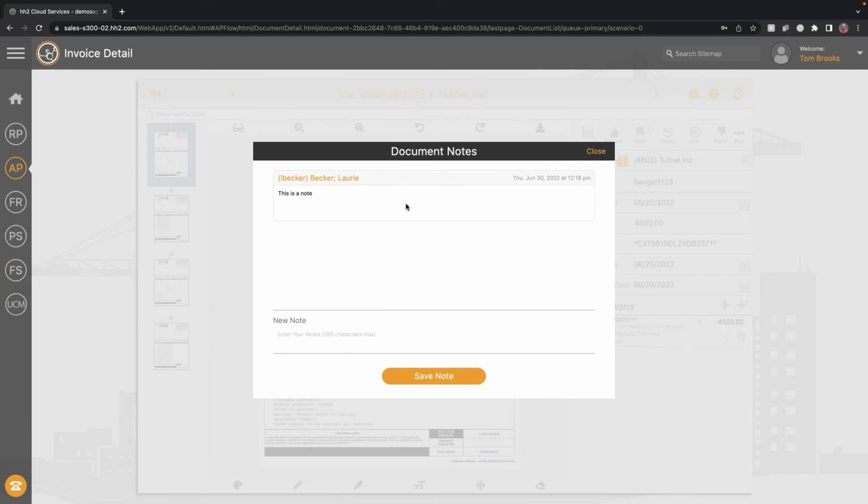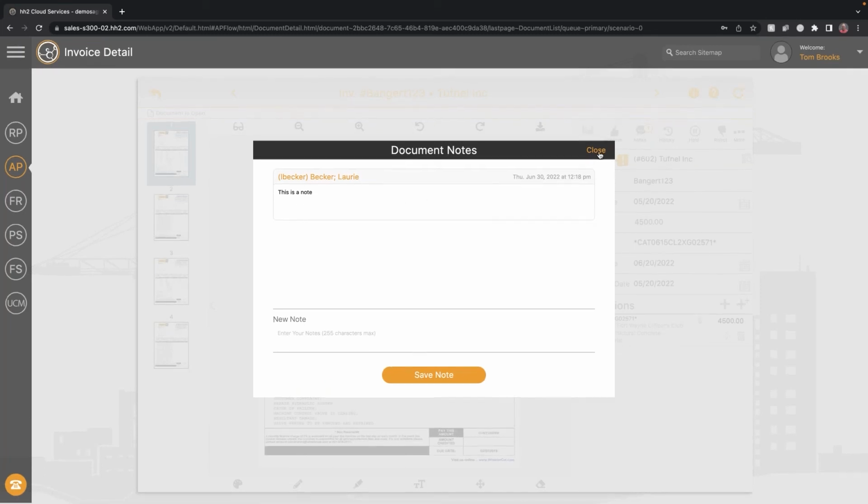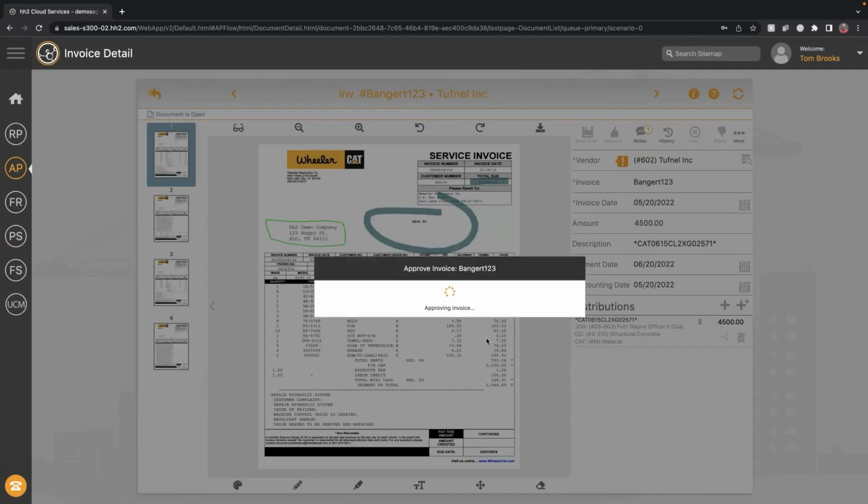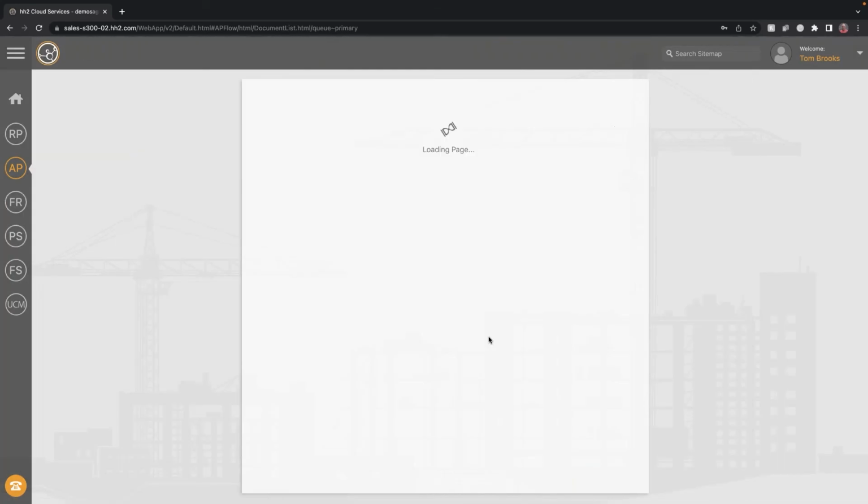Again, that automatic note pop-up is triggered for this user. And then we can just dive right in just like we had before. This looks identical to our data entry screen. Same functionality, annotations, notes, coding, all those actions at the top. Same detail there. So pretty cut and dry, pretty simple, just a different user interface for the same information. Once I'm happy with it, I click approve, and we're good to go.